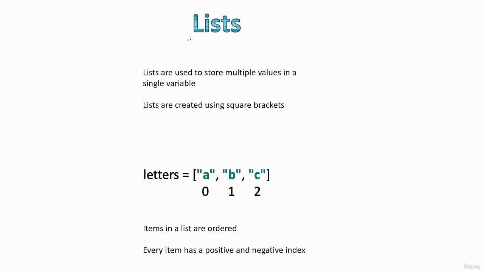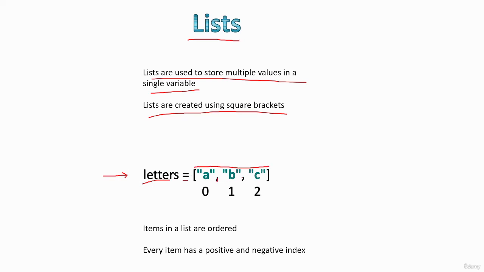Now let us talk about lists. Lists are used to store multiple values in a single variable. They are created using square brackets. So this is the syntax for creating a list. We declare the name of the list, then assign using the equals operator, then within the square brackets we specify items separated